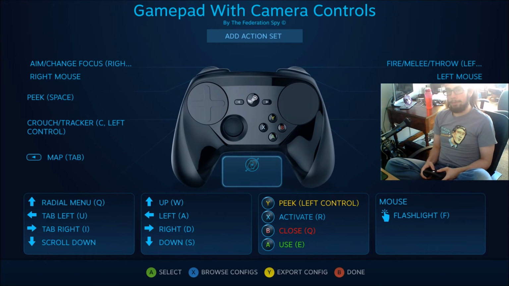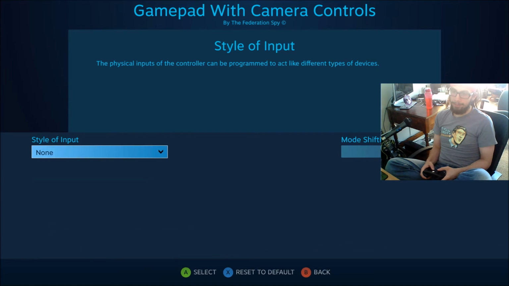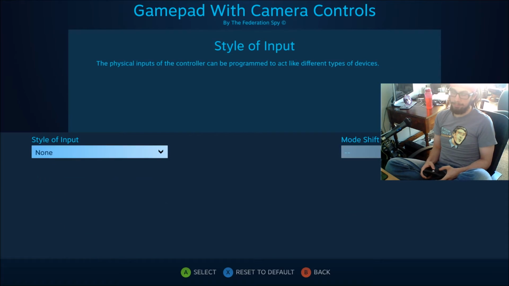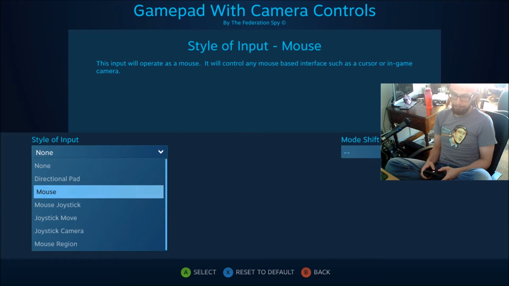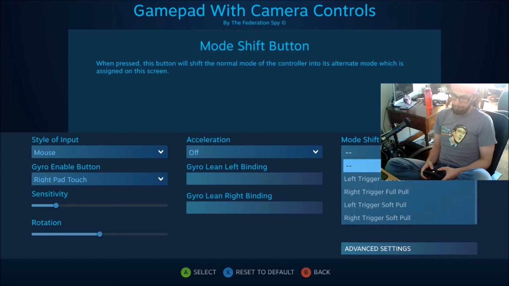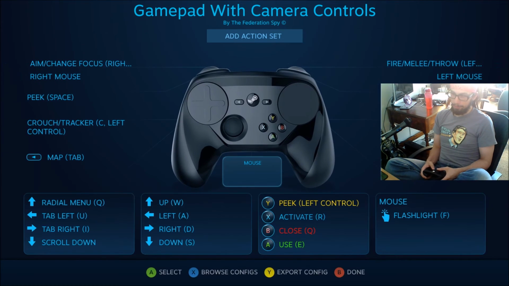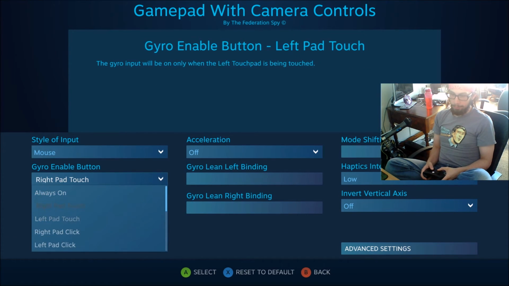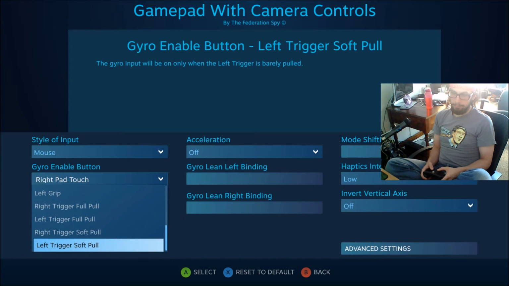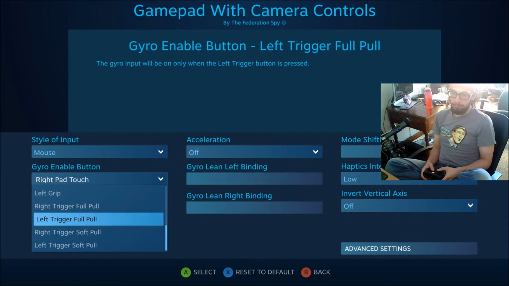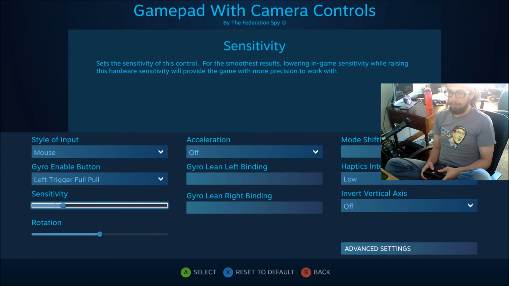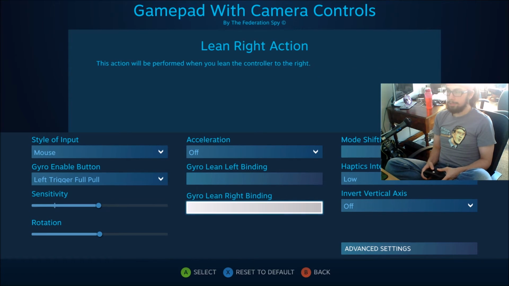I personally don't really like using the gyro, but I mean, you could, if you wanted to. You could have the gyro set to mouse. Oh wait, no, I don't want mode shifting. That's just the gyro. Enable button would be left trigger full pull, probably. Sensitivity, I mean, set it at half, see what happens. Rotation,